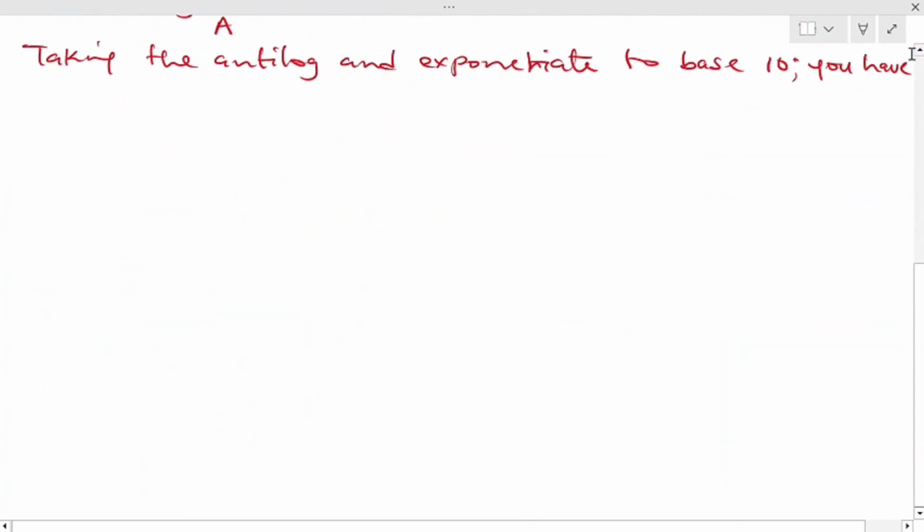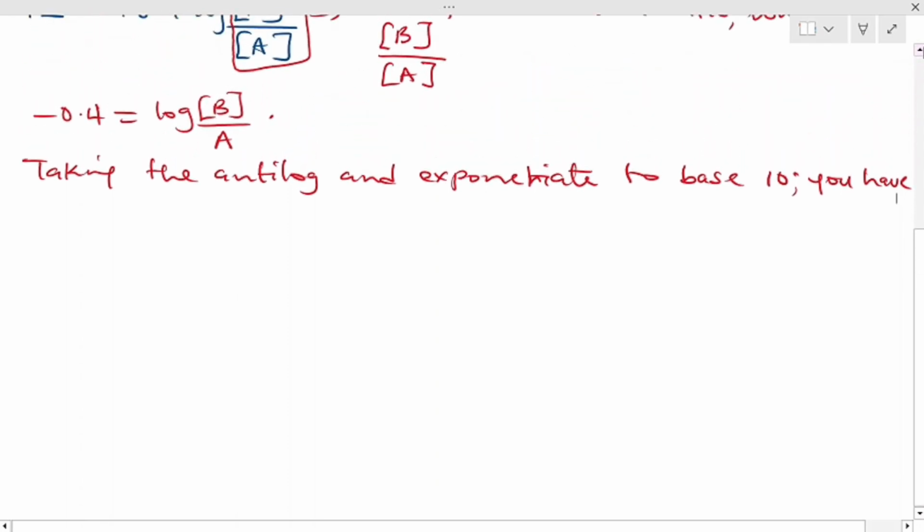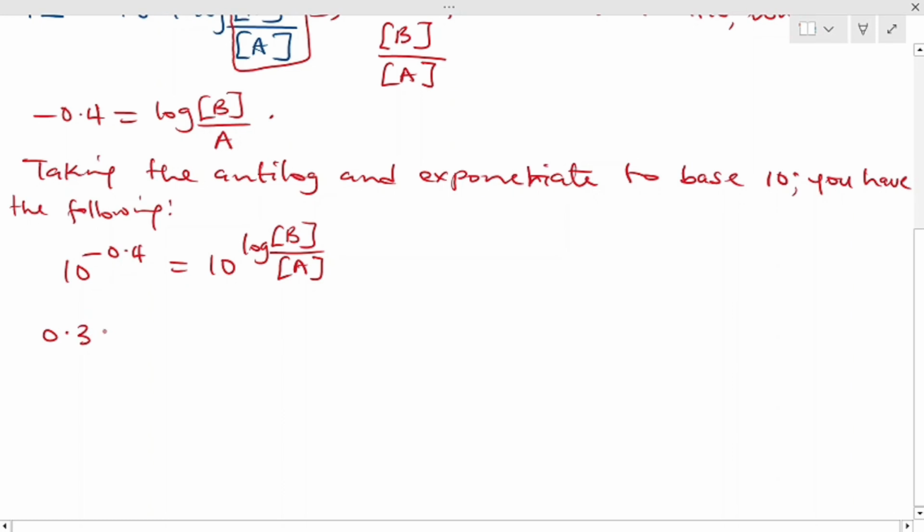What you have is 10 to the minus 0.4 is equal to 10 to the log of the concentration B over A. All right, so what that gives you is 0.398 is equal to